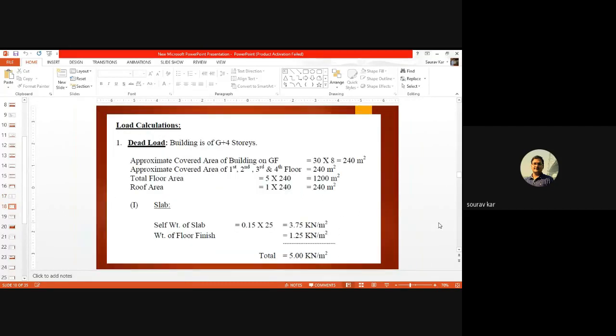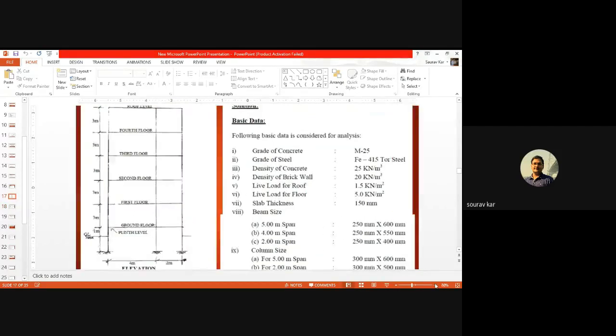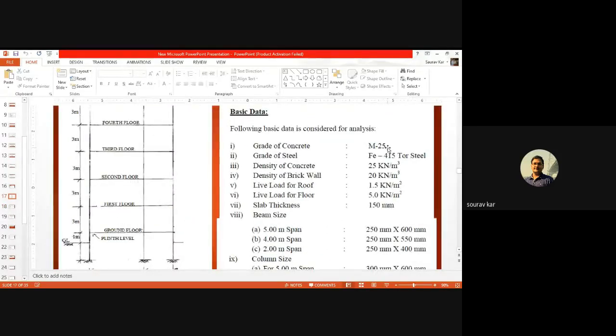Okay, now coming to the PPT, one thing I was discussing is the grade of concrete. See, for M25 we have to change the Young's modulus and everything in the STAAD editor. So please, someone tell me the value of the Poisson's ratio of concrete. Now I am going to the STAAD editor.